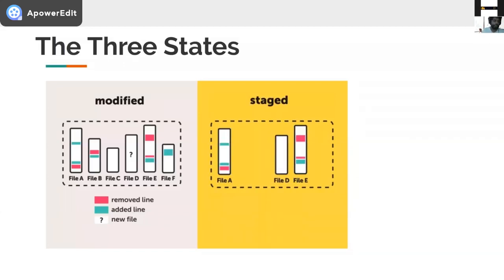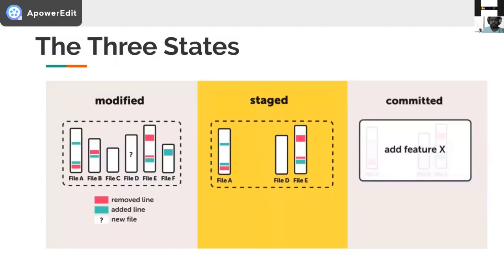And during the staged state, you only select what you want to see in the next commit. That is what the staging area is there for. So you decide that in the next commit, I just want to see the changes I have done for file A, the new file I added, file D, and the changes I have done for file E. Only these three changes I want to see in the next commit. You make that decision in the staging area. The others will remain intact in the modified state. For example, file B will remain in the modified state.